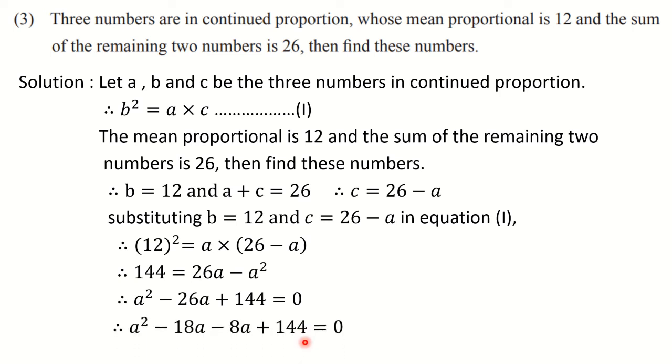So this is called what? The factorization by splitting the middle term. We are splitting the middle term into two parts. So 26a we are going to split as 18 plus 8. Both are having the same sign. You know that if we have the same sign, then and only then we can add. Okay, so this is the factorization. All of you please copy up to this. The next part I will explain to you.